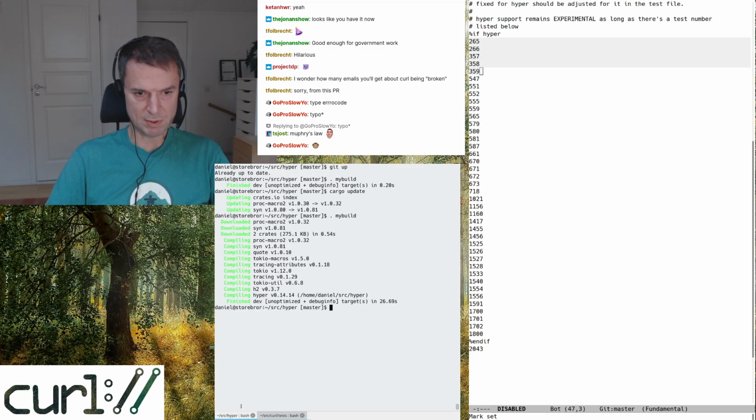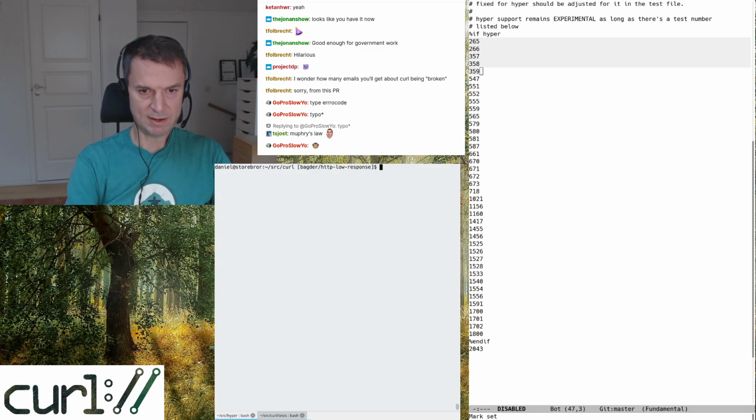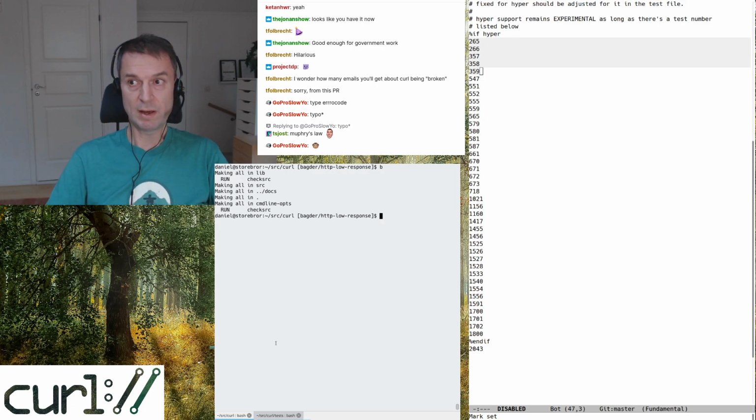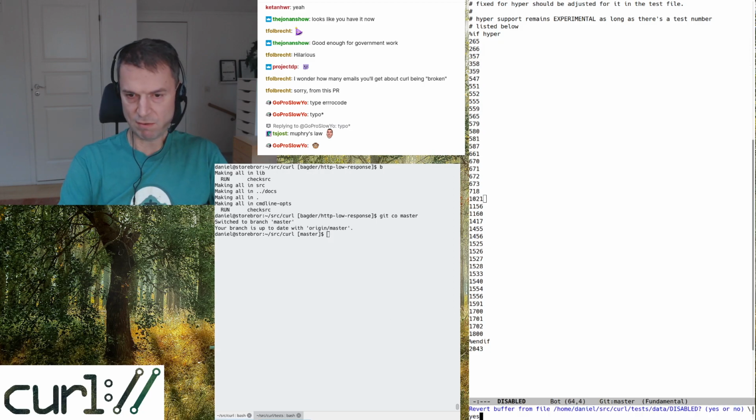Different components. Back into the curl directory, we can rebuild curl. It didn't rebuild anything. Oh right, it links dynamically, I think, with Hyper. Okay. There it is. So I'm going to get back into the master branch, and if I do it, then reload,